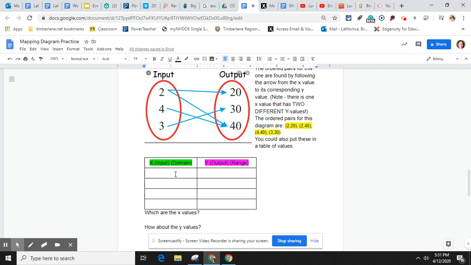That is kind of like a no-no. So again, if we're going to put them in our XY table, we would go 2, 20, 2, 40, 4, 40, and 3, 30. Notice that 2 and 4 both have 40, which is fine. Two different X inputs can have the same output, but the same input cannot have two different outputs. I know it's kind of weird. So one example of that would be like